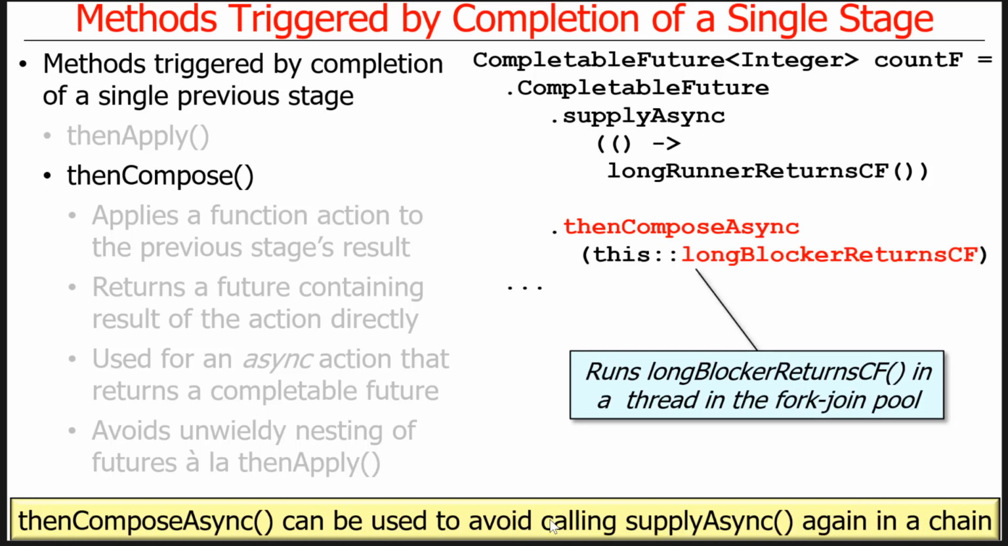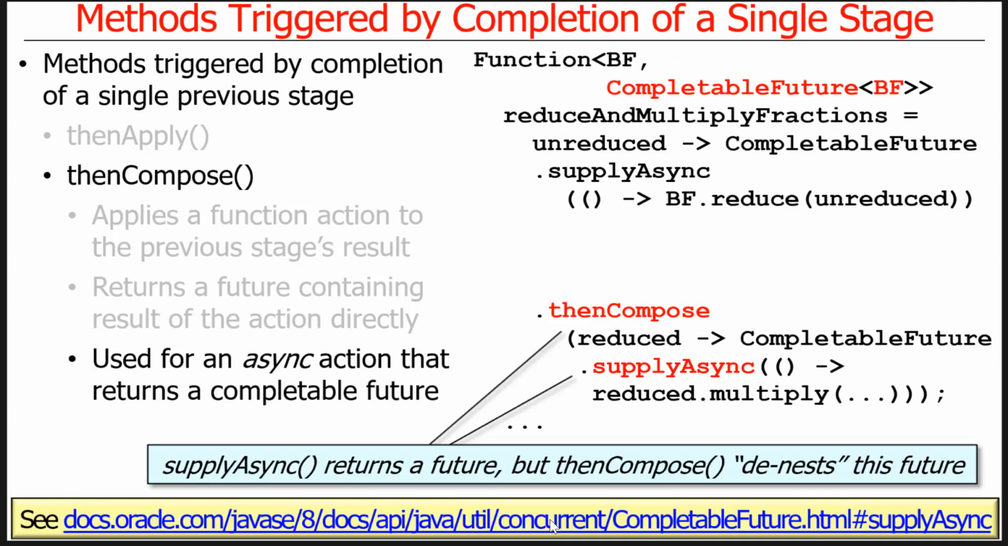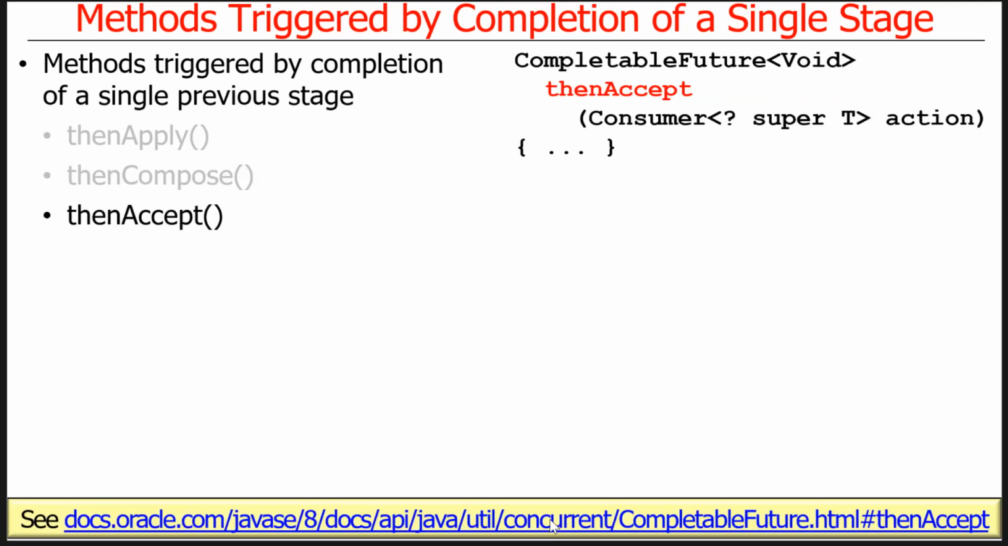You could also do this. You could say thenComposeAsync and then return something that runs for a long time as a CompletableFuture. That will also run in the background. And you can use thenComposeAsync to avoid calling supplyAsync again in the chain. Notice over here we used supplyAsync here to get this to run asynchronously and denest. And over here we could use thenComposeAsync. Okay, so that's pretty subtle, and you'll get a chance to play around with thenCompose and thenApply in